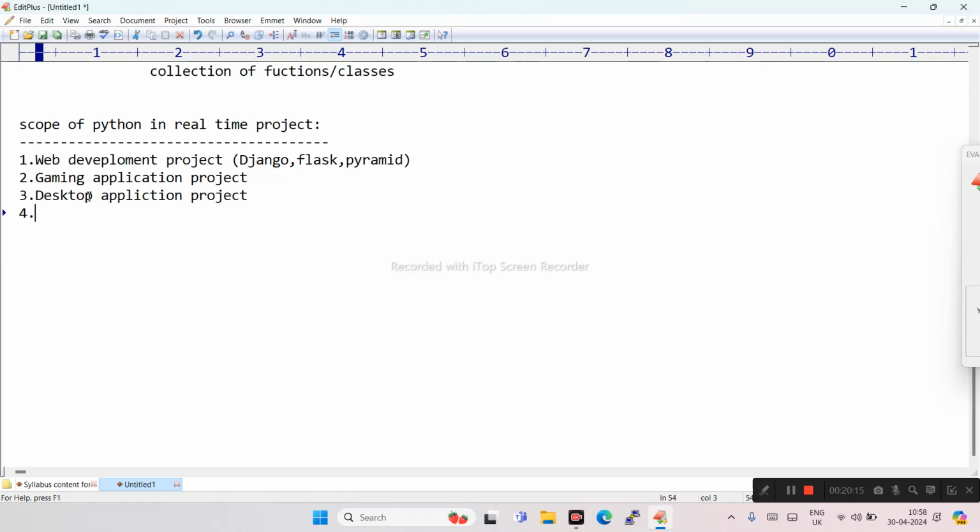GUI is nothing but graphical user interface. If you have a computer science background, you may have some knowledge of what command line applications and GUI applications are. The next one is language development projects.